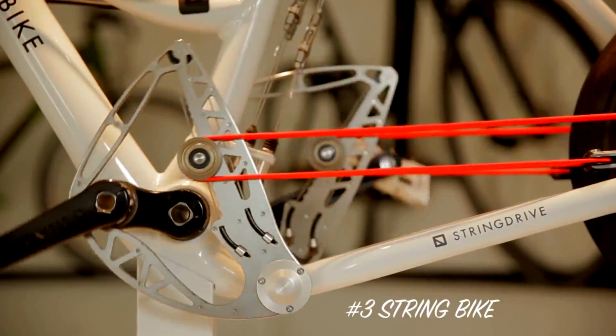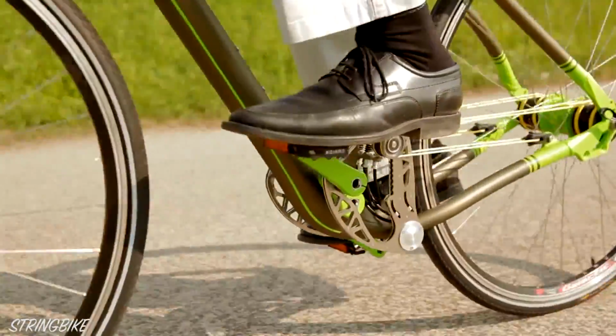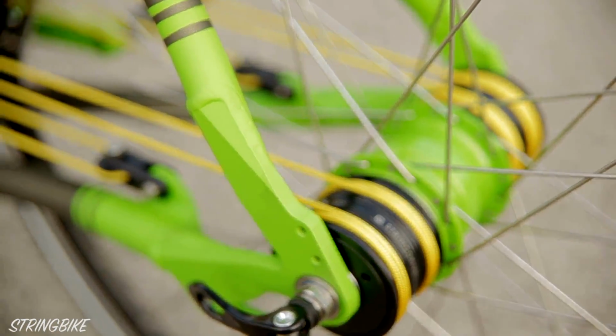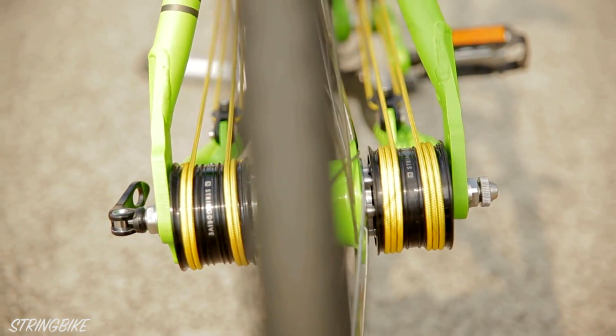I almost fell off my bike when I first saw a guy touring on a string bike. I was overtaking him at the time and looked down to see two weird alien arms moving in a very bizarre way. I immediately struck up a conversation with the guy and made him pull over so that I could take a closer look. The string bike uses 2 crank pulleys and Dyneema ropes to drive the rear wheel, offering